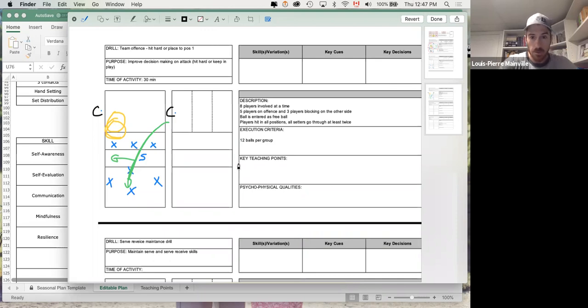So this is 12 balls per group. And then, because we always want to have an execution criteria that relates to our cue reading, because we want to know if we're successful or not, we're going to set a success criteria. A success would be making a good decision, depending on their approach and where the ball is. So at this point, out of 12 balls, we're going to say,